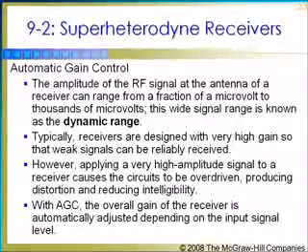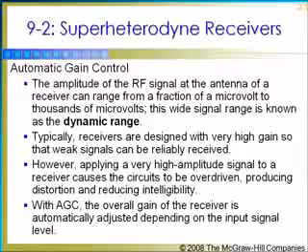The amplitude of the RF signal at the antenna of a receiver can range from a fraction of a microvolt to thousands of microvolts. This wide signal range is known as the dynamic range. Typically, receivers are designed with very high gain so that weak signals can be reliably received. However, applying a very high amplitude signal to a receiver causes the circuits to be overdriven, producing distortion and reducing intelligibility. With AGC,